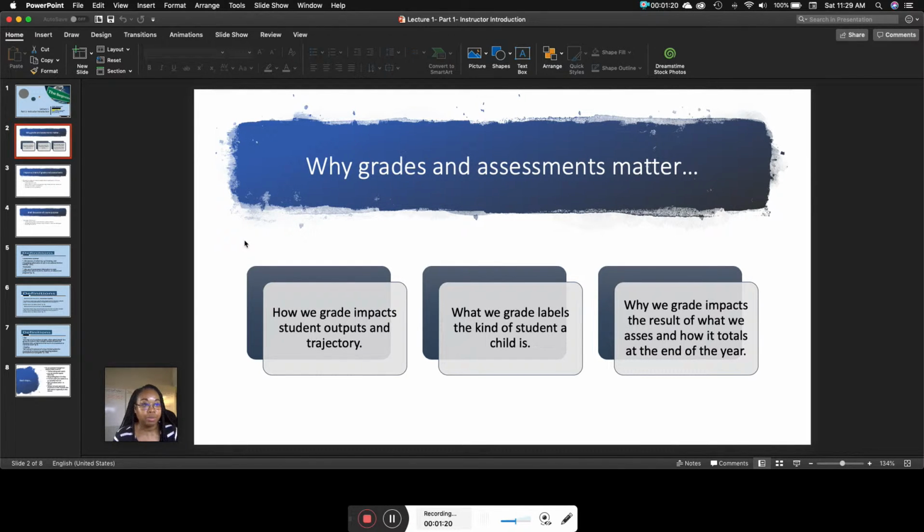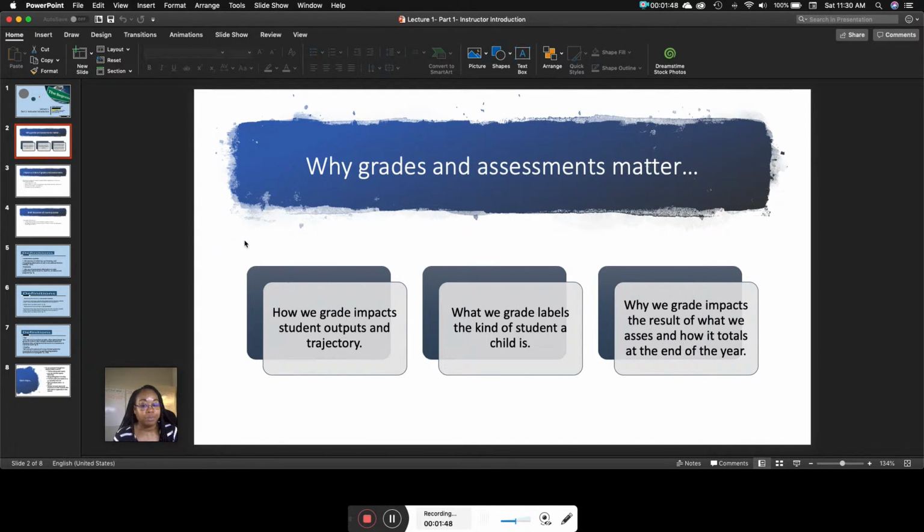We are the facilitators of the assignments and also the creators of what we consider as important grading aspects in a class. So this is almost as important, if not more important, than our classroom management and also teaching approaches. The three areas we'll be looking at in this particular course: first, how we grade impacts students' outputs and trajectory.